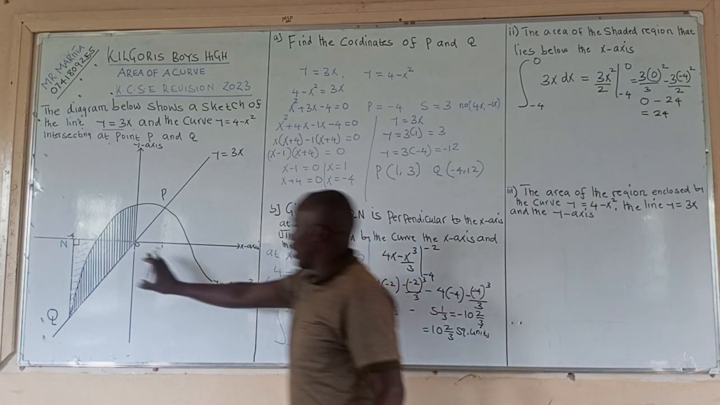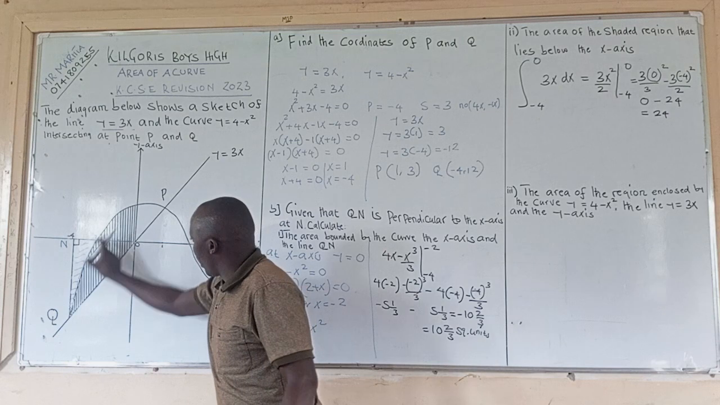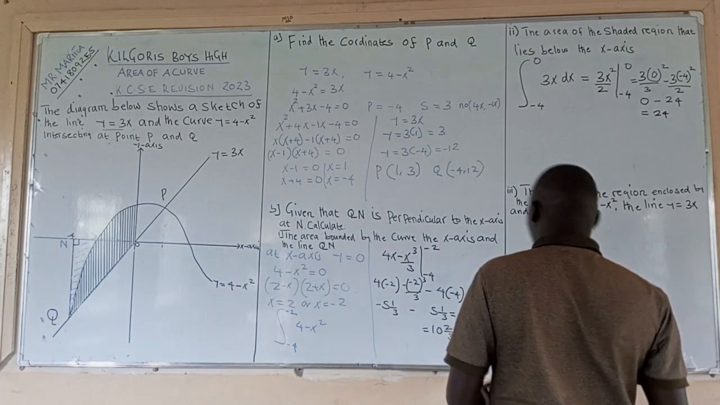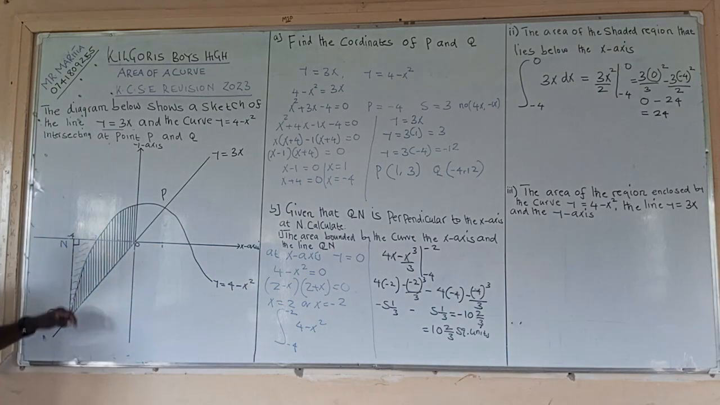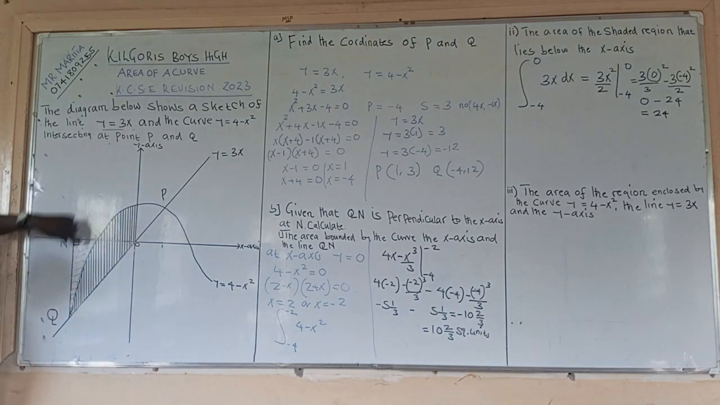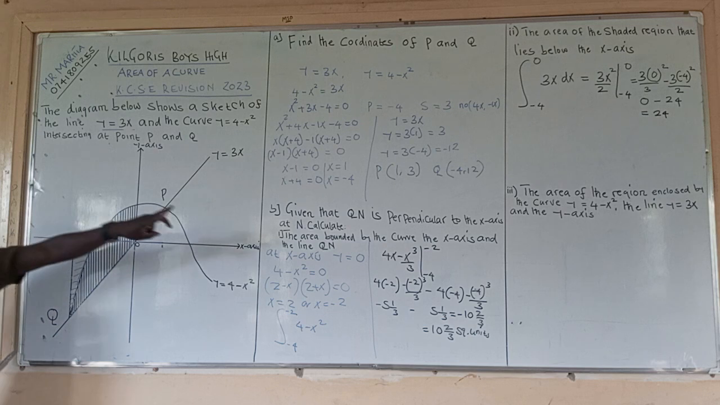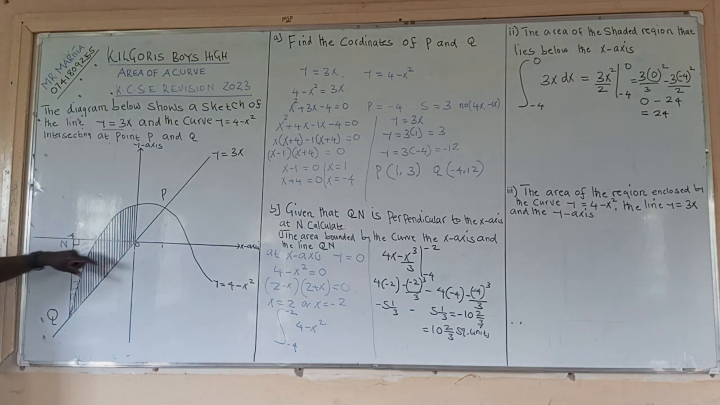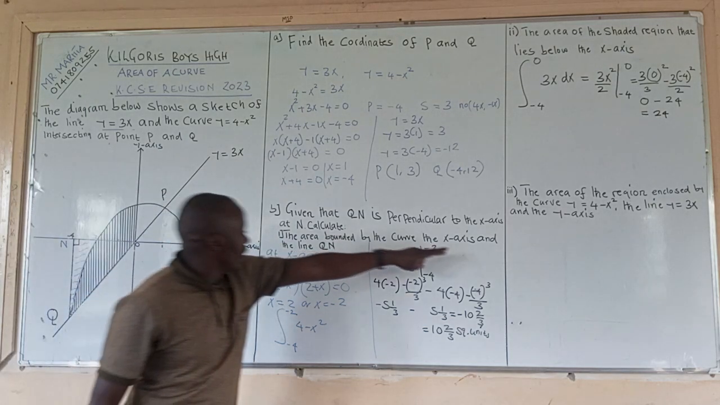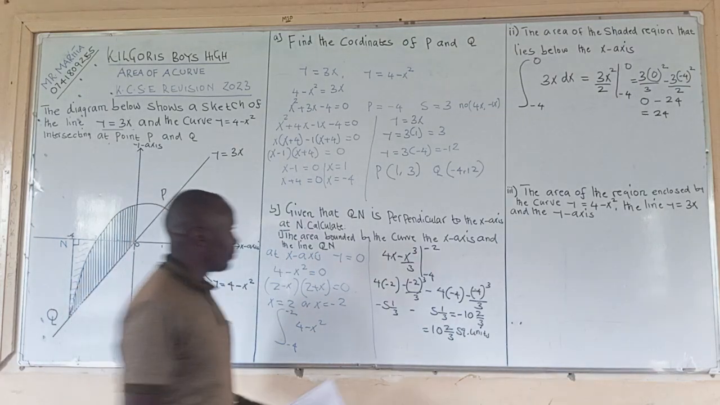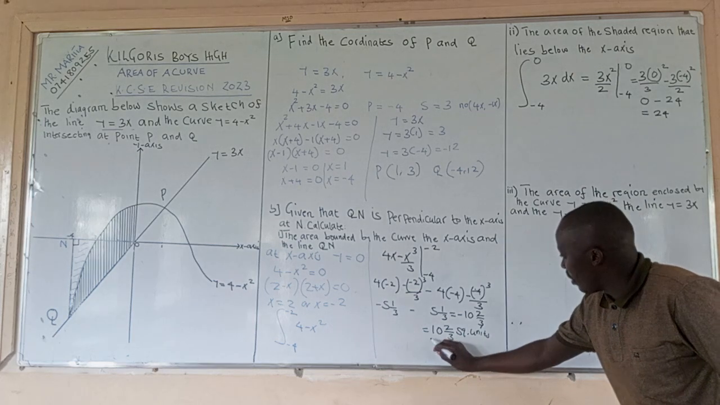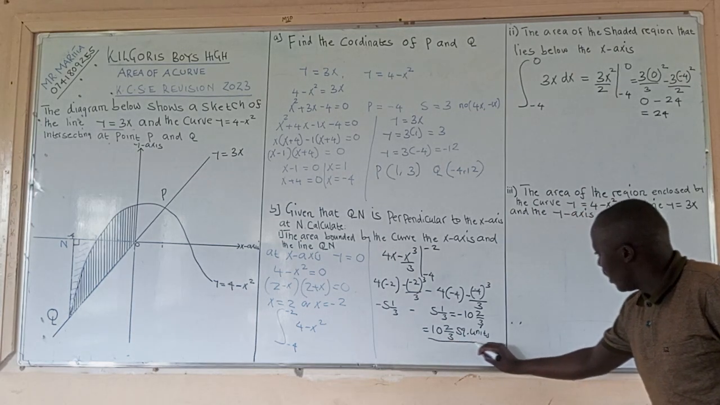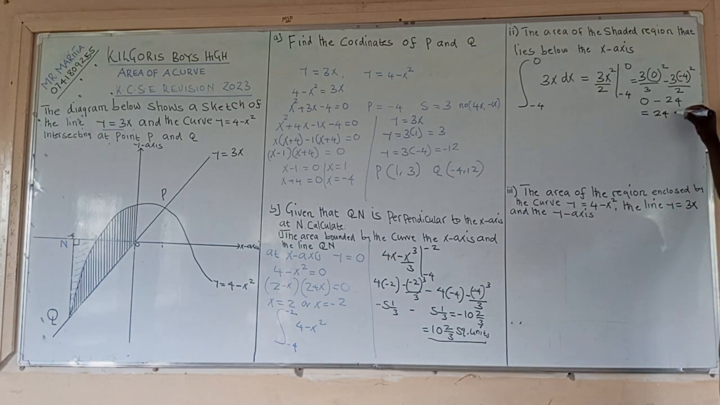A negative will show you that the area of this triangle is below the x-axis. Now to get the area of the shaded region here, it is the area of this triangle, which is 24, minus the area bounded by the curve, the x-axis, and the line QN. The area bounded by the curve and the x-axis, we already found at Roman 1, this one here. The area of the triangle, we have got this one as 24